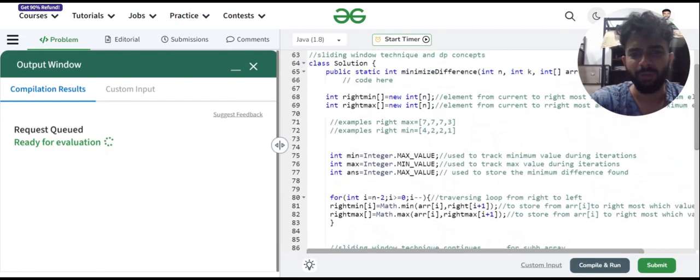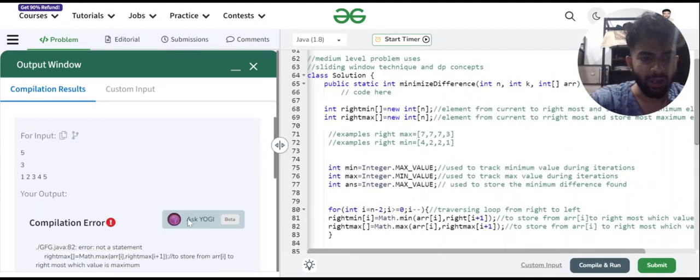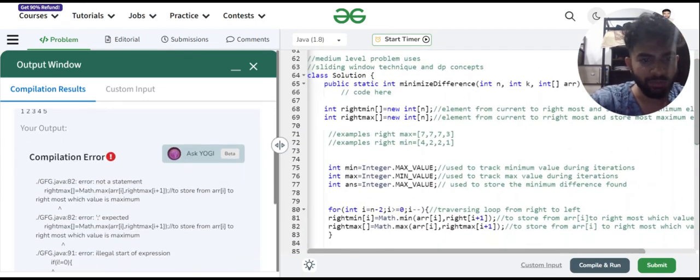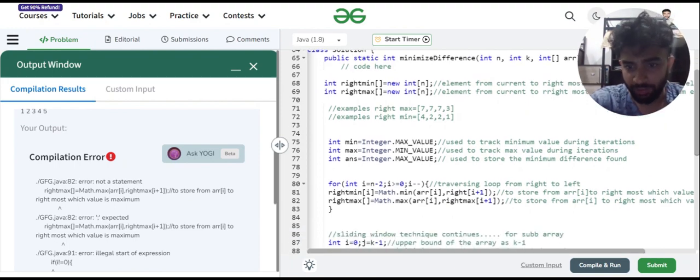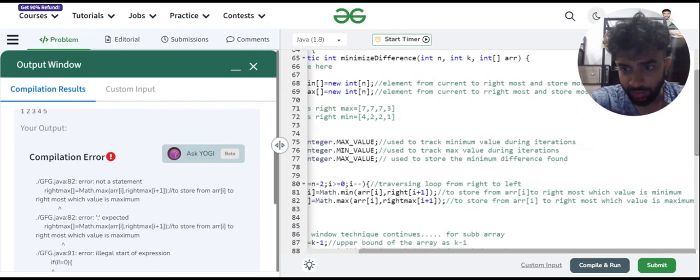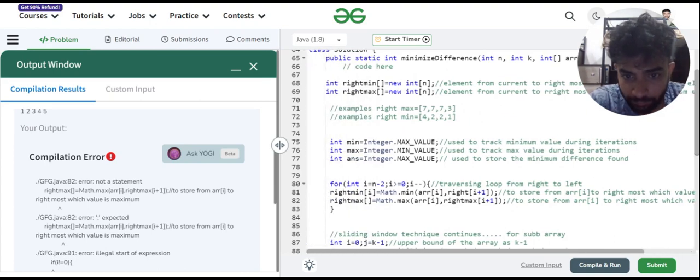I know this is a long problem because it's a medium section problem, and what it is saying is write max, not a statement, write max 82. So in 82, maybe I haven't used the semicolon properly. Correctly calculated. What is the problem? Write max, write max, write max equals to